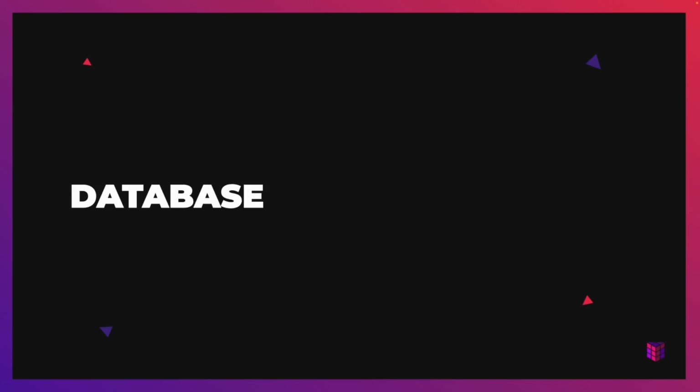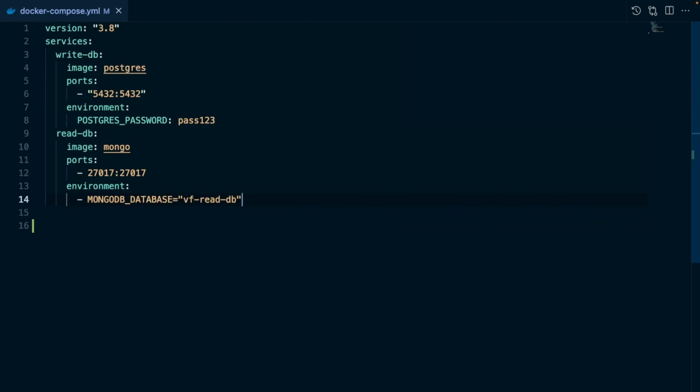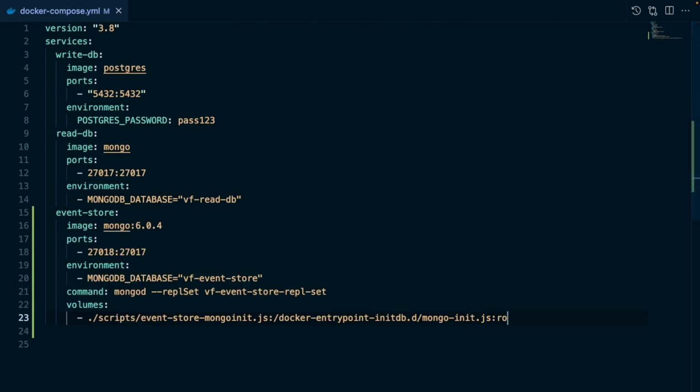Let's first add a new Docker service to our Docker Compose file. We'll call it event-store. It's important to note here that even though we already have a MongoDB service in our Docker file, we need to add a new one that will be used specifically for storing events. Remember, this is because these two databases, which facilitate the read side and the event store side, are fundamentally different